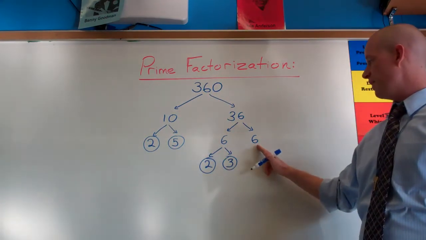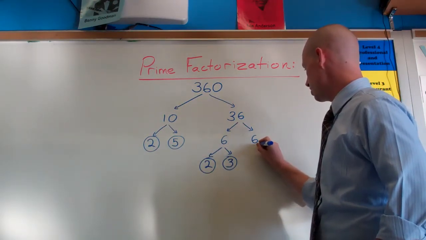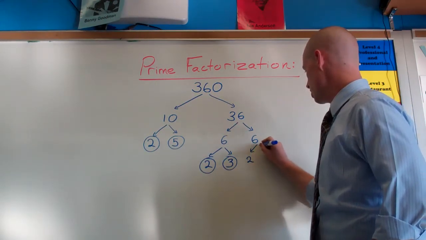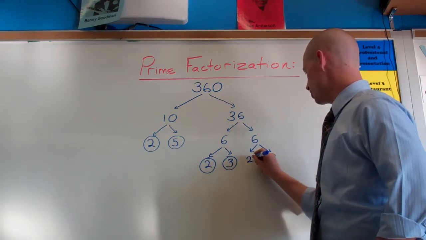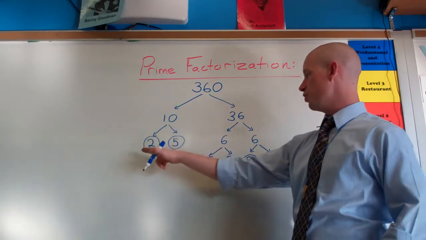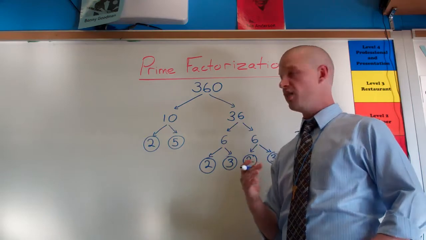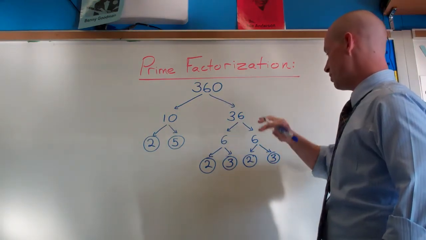I've got one more left out here all by itself. I can't forget this one. It's the same thing as this. 6 can be divided down into 2 and 3. It can be factored down to 2 and 3, and there we go. I've gotten all the way to the end where I have prime numbers at the very end of all of my factor tree, so I can finally say that my answer for this problem, if I'm doing this in order